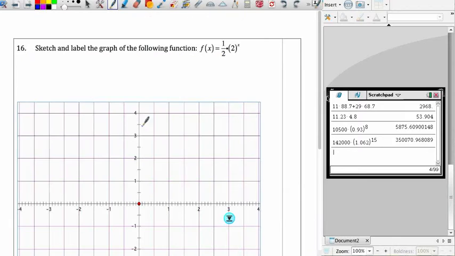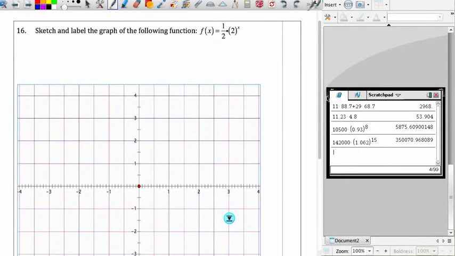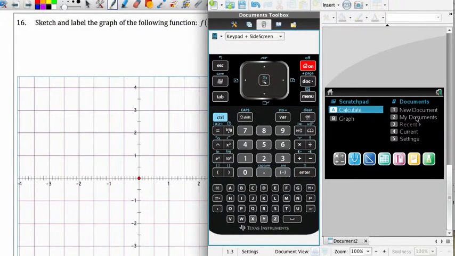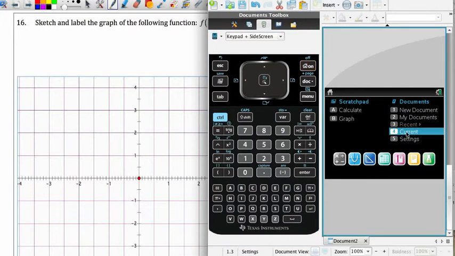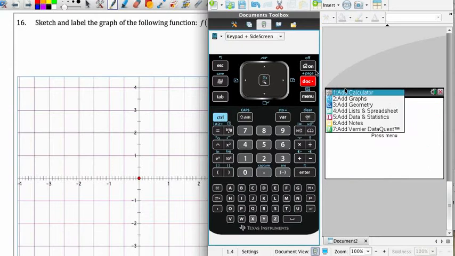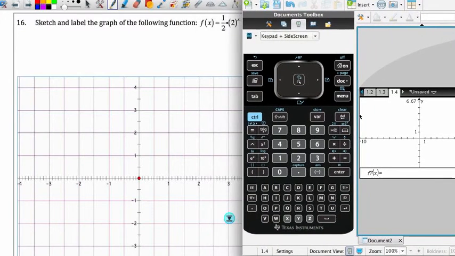Okay, and very quickly we're going to move on to the last problem, which is in fact using the calculator to sketch a graph of the following function: 1/2 times 2 to the power of x. So we're going to go into the calculator. I'll go to the home page. What I'm going to do is just go back into the document I was using before, and I'm just going to add a page. So essentially we're opening a graphing page, and I'm going to enter the function in over here. So 1/2